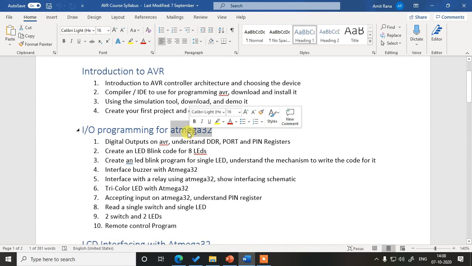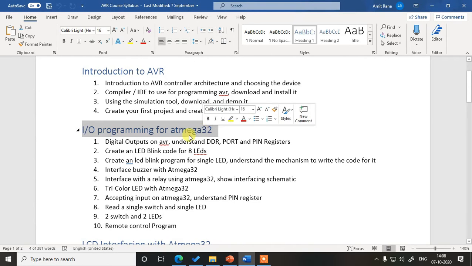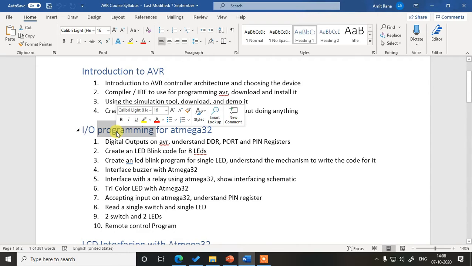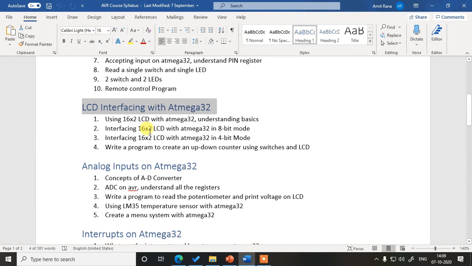Once chosen, that is Atmega 32, we'll see how to perform the IO programming for Atmega 32. IO programming involves the interfacing of general purpose input-output ports with a number of different electronic hardwares and writing a program for it. Once the IO interfacing is done, we will study the LCD interfacing